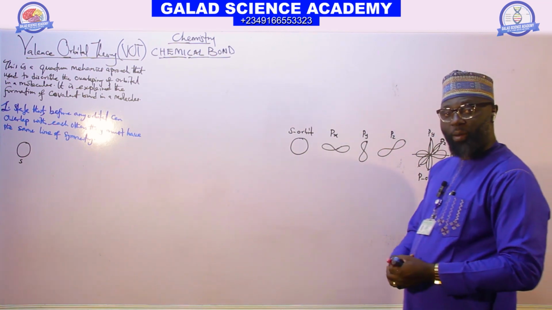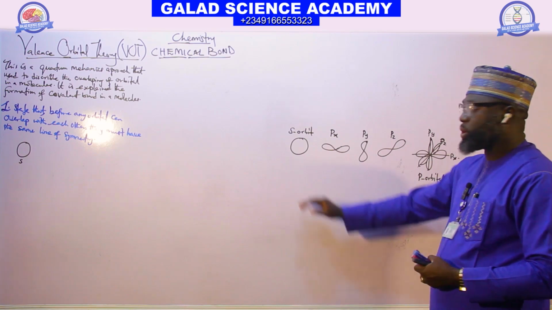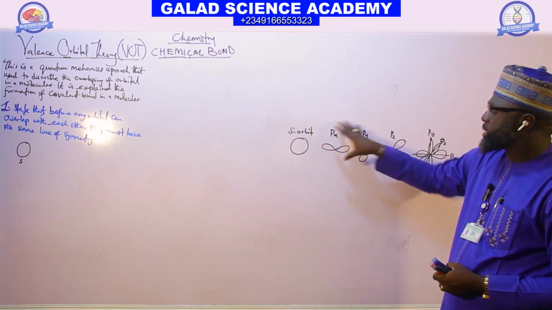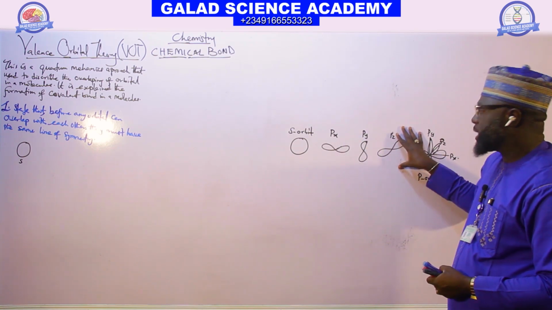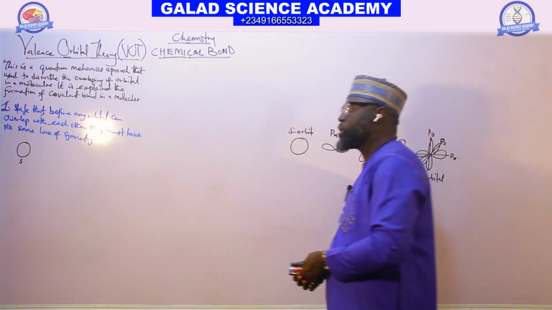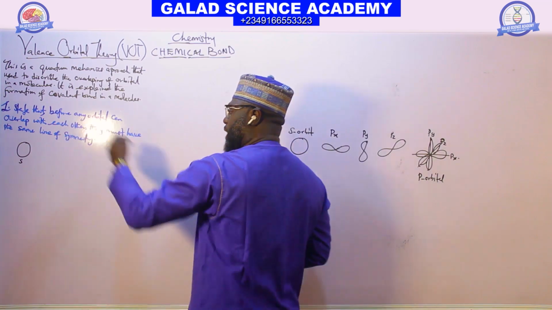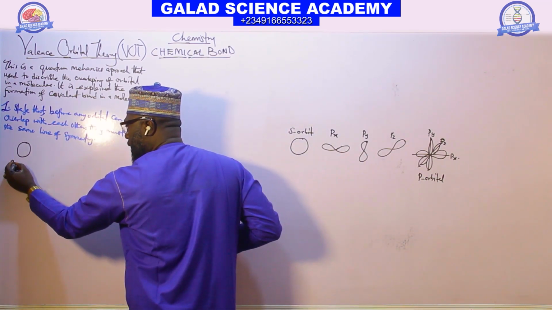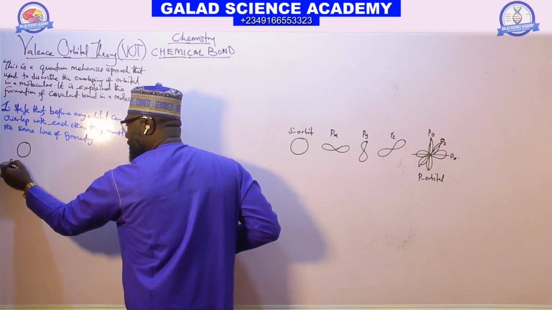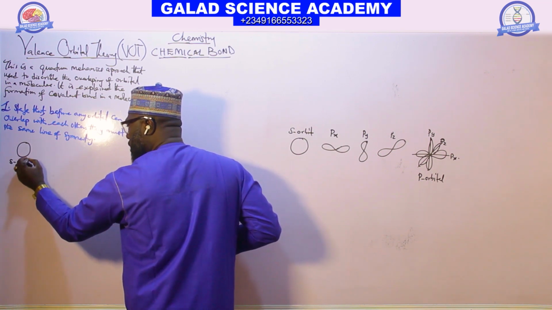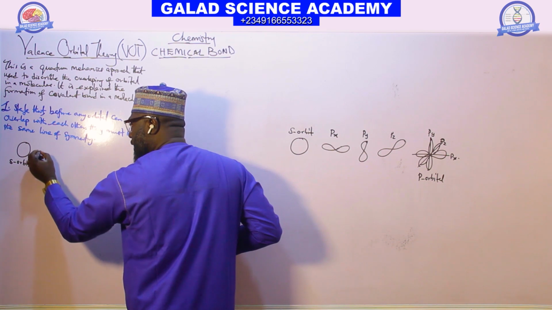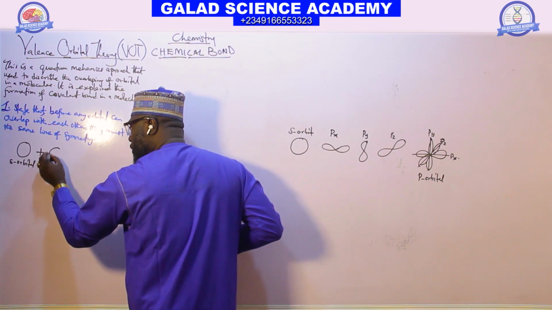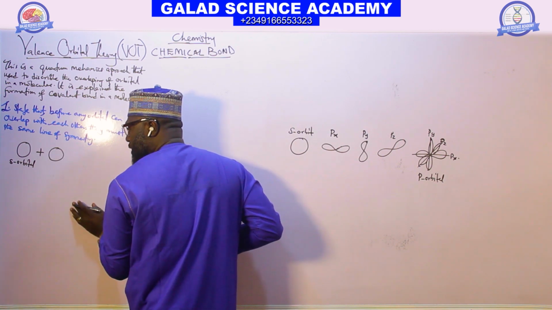Go and check my video under atomic orbitals. So this is the s orbital, this is px, this is py, this is pz. We apply it here now. If this s orbital wants to overlap with another orbital,